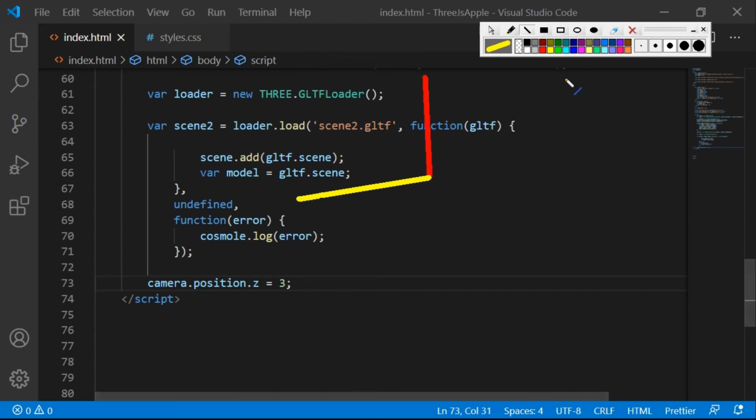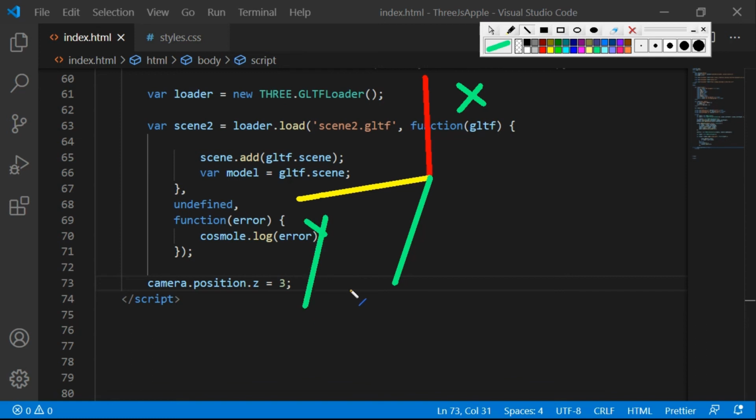I'm drawing all the axes with the help of this marker here. So red one is x-axis, yellow is y, and green is z. So green is gonna decide how far we are from the model. So green is something which is important to us right now. So we are setting camera.position.z equals 3.